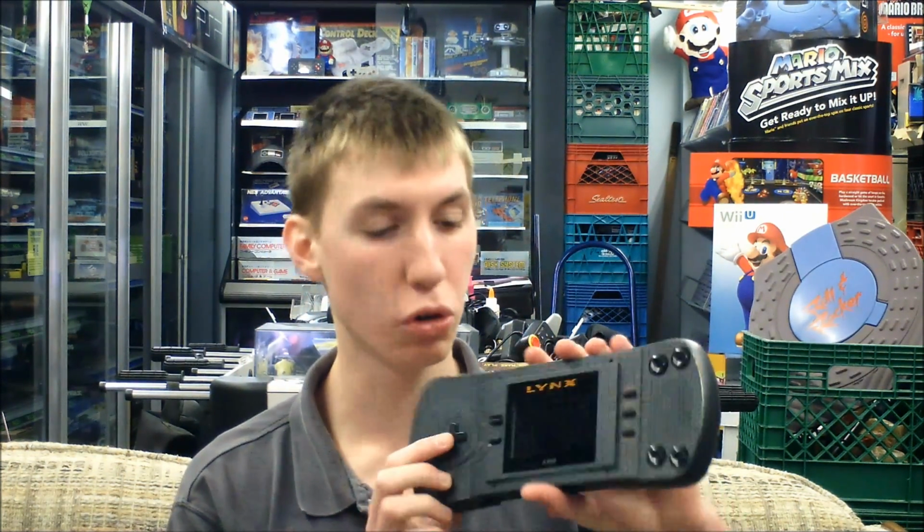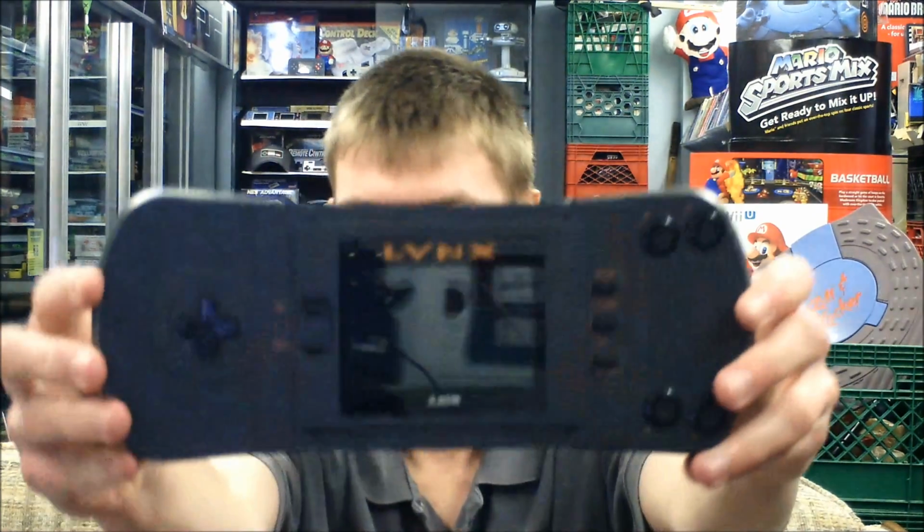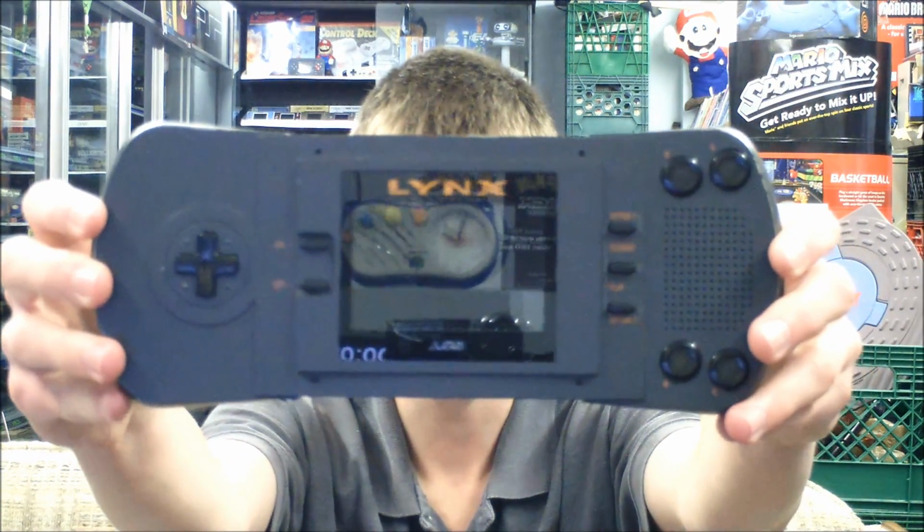It's also interesting to note that the Atari Lynx is credited as being the very first color portable console ever. So that is a bit of an interesting piece of information there. But again, it is just so huge. It's almost not worth having all of those features. It'd just be nice for it to be a little bit smaller and more comfortable, rather than so big. So anyway, let's get into looking at some of these buttons that are on the front,